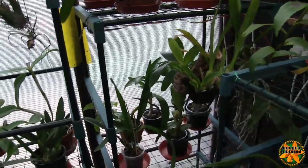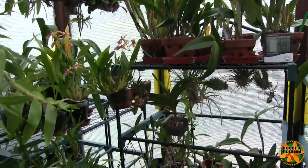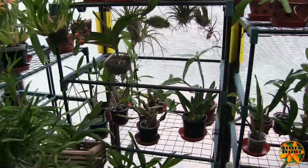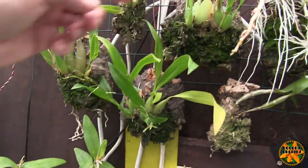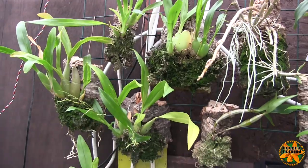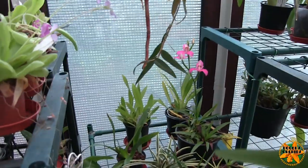So that's it for today. As I say, there's not much going on. It's that time of year, but we've got buds to come. I mean, most of the twinkles have got spikes on them. They're not all easily accessible, but we've got twinkle spikes here, several, some up here as well. And once they bloom, I'll find out which twinkles they actually are, because at the moment I don't know. We shall see. And the potted twinkles up the back there, one of those has got some spikes coming,